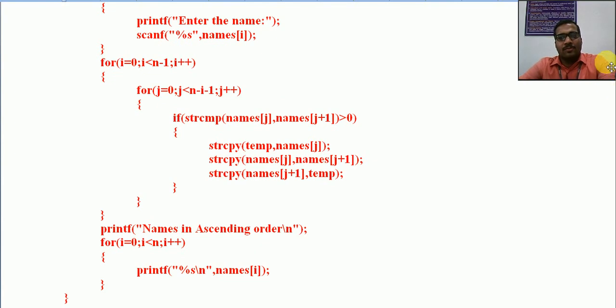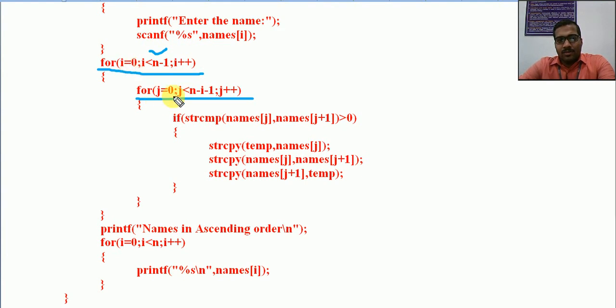For i equal to 0, i less than n minus 1. Just look at the outer loop, exactly the same as in the integer bubble sort. I am not giving more explanation on this. Now inside that, for j equal to 0, j less than n minus i minus 1. That is also very clear. The j loop is for comparing and swapping. The i loop is for iterating through the rows, and the j loop is for comparison between rows, meaning strings. A row means a string. I equal to 0 means the first string.